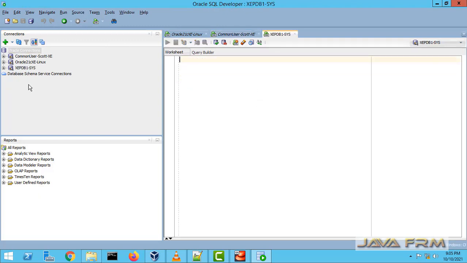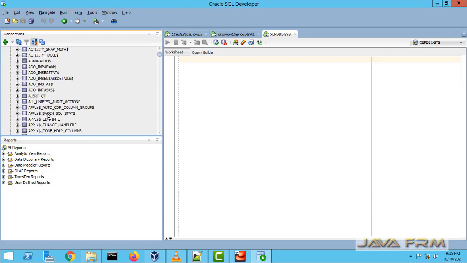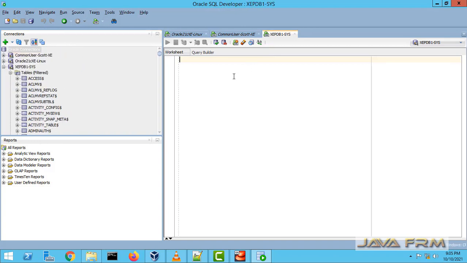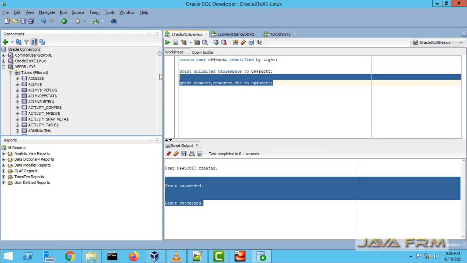So now I connected as SYSDBA to the XEPDB1 pluggable database. Now the next step is I am going to grant some privileges to the user called pdbadmin.